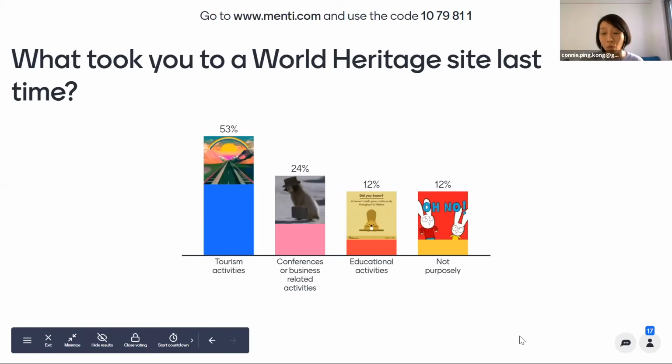For example, the World Heritage sites represent masterpieces of human creative genius and represent very special architecture, technology